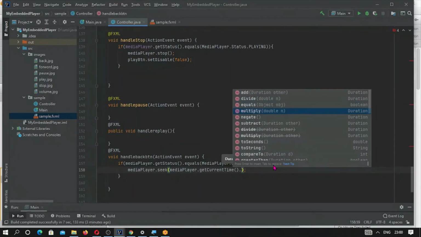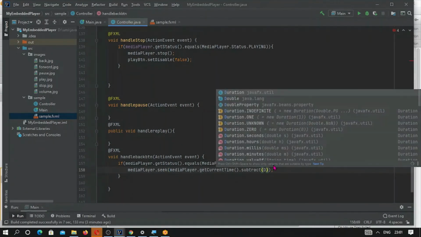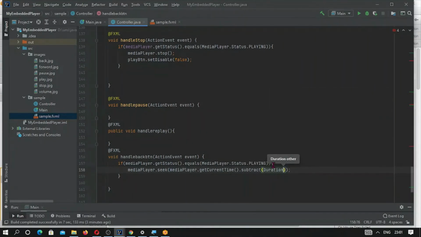Yes, there is a subtract, and duration dot seconds, and 1. So it is back.